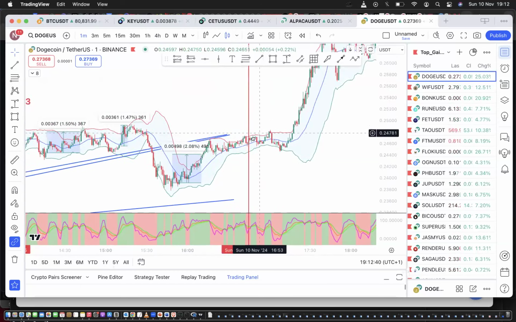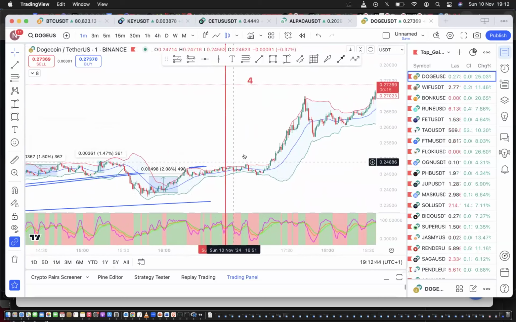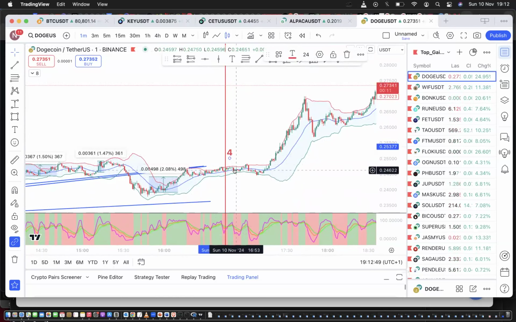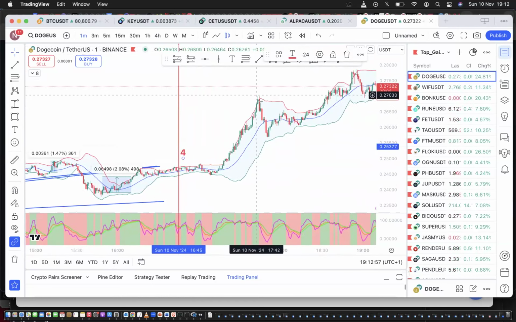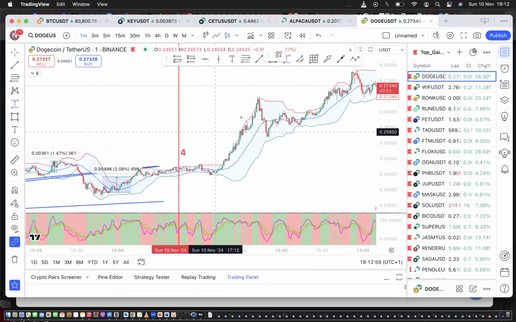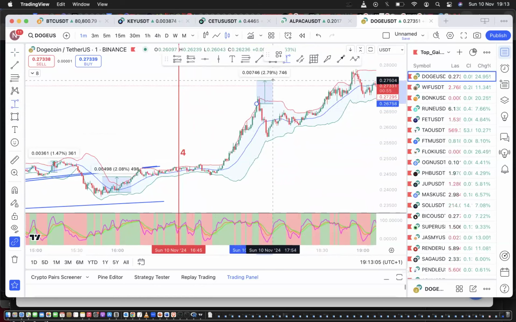This is the third one. This was the third line we drew. The fourth one. This was the fourth one we drew. All right. So here it is. The same thing. You could go one time. If you entered here, you'll be thinking, oh, it's going against you. Look at here. If you entered here, yeah, looks risky because it's on the upper band. But somehow you'd have still gotten your